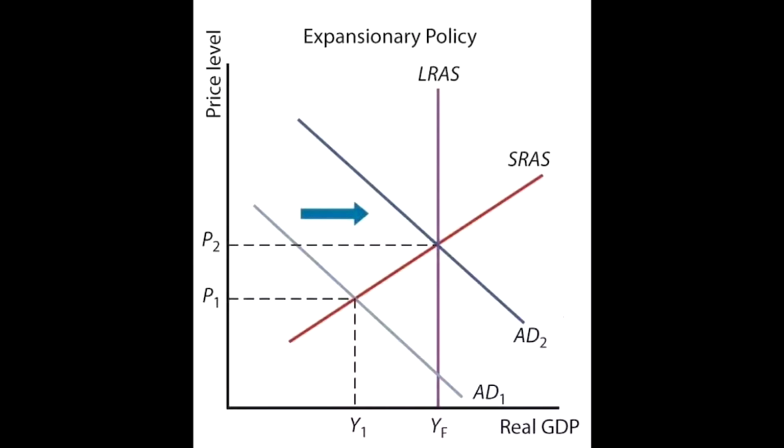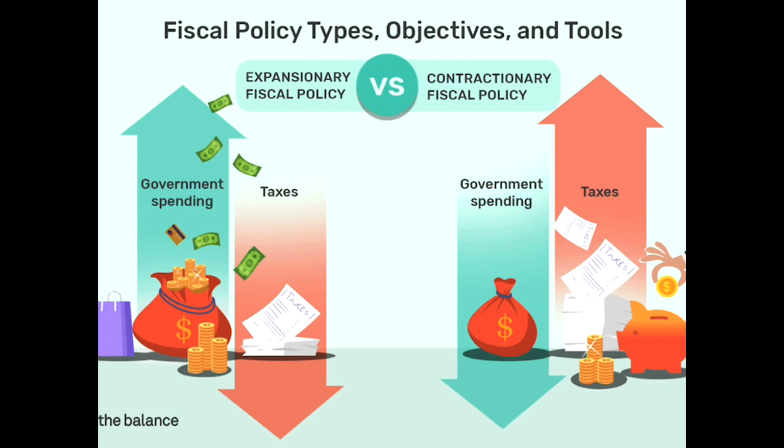Graphically, the expansionary fiscal policy will cause an outward shift in aggregate demand curve because government spending, which is G, is a direct component of AD. Alternatively, a reduction in taxes would leave households with higher disposable income and firms with higher profits. The extent of shift in AD curve due to fiscal policy is also determined by the power of the multiplier. Now let's move on talking about contractionary fiscal policy.